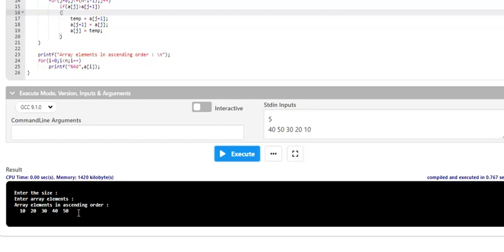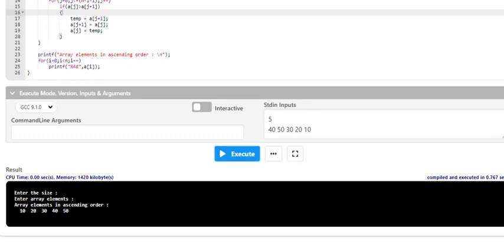If there are any errors, you need to debug them in this particular compiler. If there are any errors, it will show right away here. You have only one button which takes care of the compilation as well as the execution, unlike the lab environment, where we have two separate steps, one for the compilation and one for the execution.